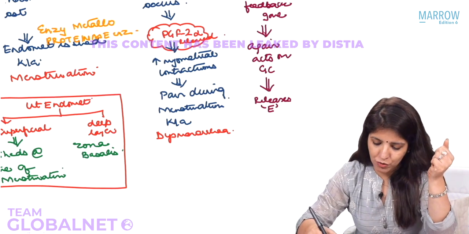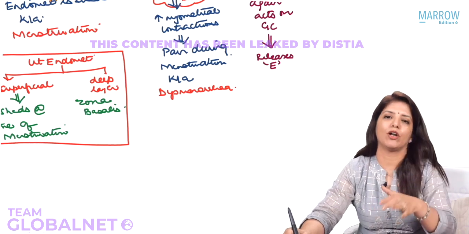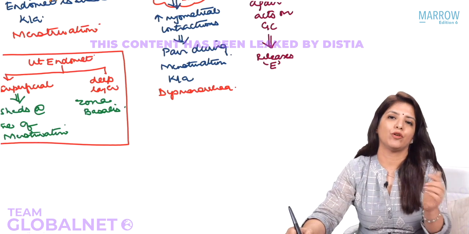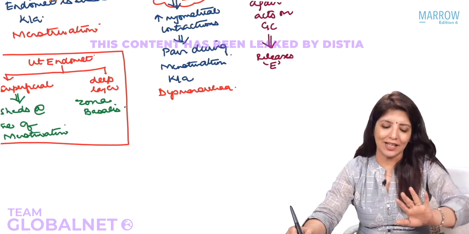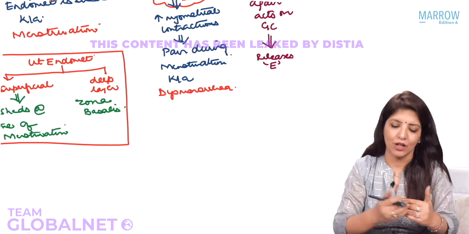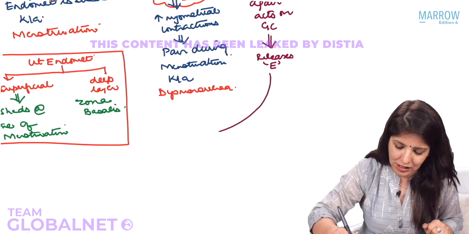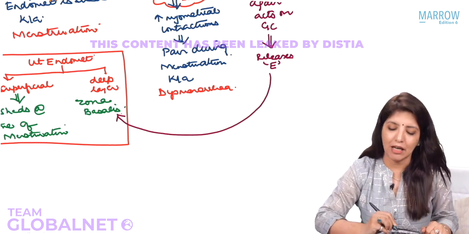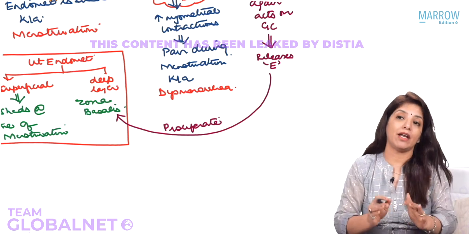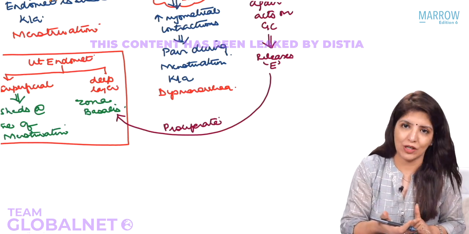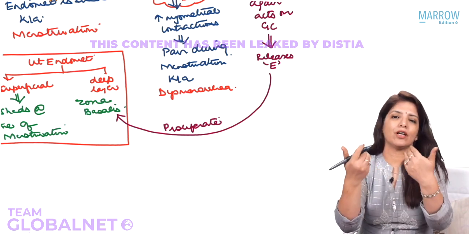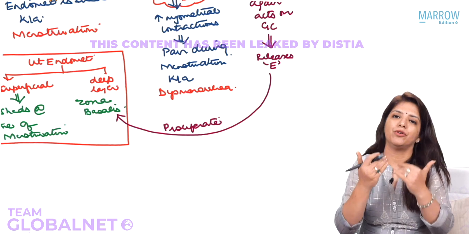Now, this estrogen which is released proliferates the uterine endometrium. Which endometrium is it going to proliferate? See, the superficial layer is shed. What is left inside the uterus is the deep layer. So, estrogen in the next cycle will act on the deep layer and proliferate it. The deep layer will again form the superficial layer, and again at the time of menstruation, the superficial layer will be shed and the deep layer will remain inside.